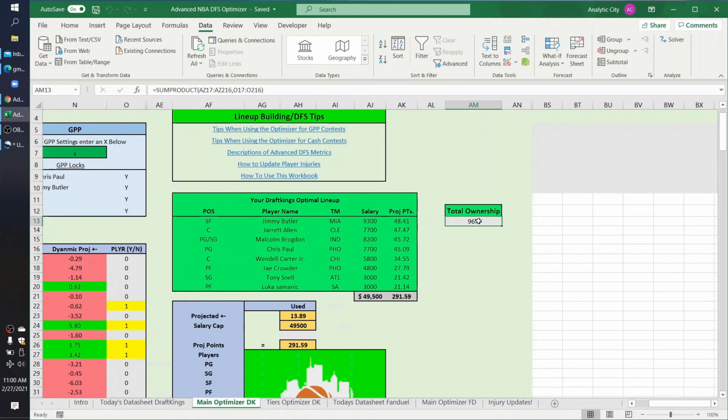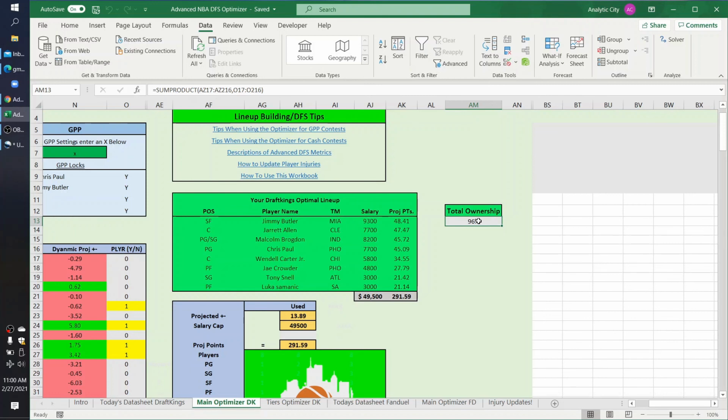And then the last thing I would say is just when you are looking at total ownership, you're not going to want to be playing a GPP lineup with 200% total ownership. Maybe on a small slate that's acceptable, and I definitely think the best way to look at it is to first optimize the lineup, use it as a threshold and a building block, and go from there. But typically, if you can get your GPP lineup in the 100% range or even under that, you're going to